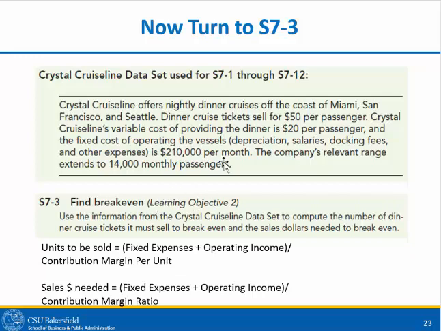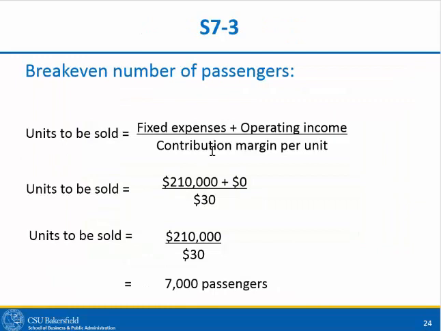So in this case, what you need to do is, first of all, if I want to know how many tickets I need to sell in order to break even, I have to know that operating income is 0 in this case. So I have a fixed cost, which is $210,000 per month. All I need to do is find the contribution margin per unit. If I have that number, I divide the 210,000 by the contribution margin per unit to find the units to be sold. So let's go to the next slide to set up everything. We have 210,000 fixed expenses plus break-even income, which is 0, then divided by contribution margin per unit,